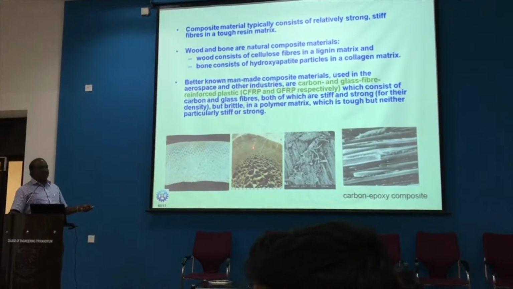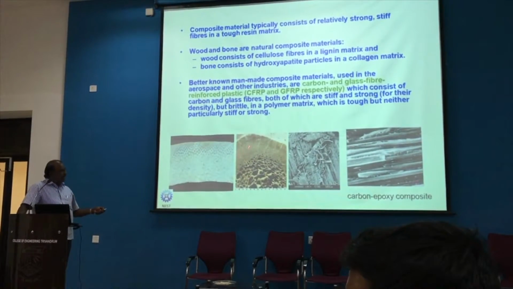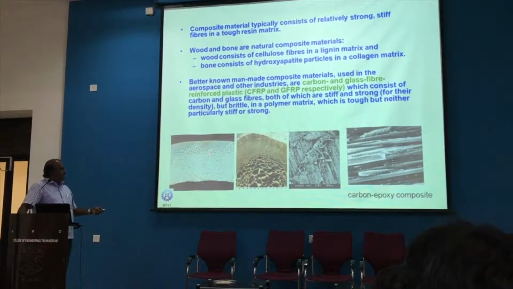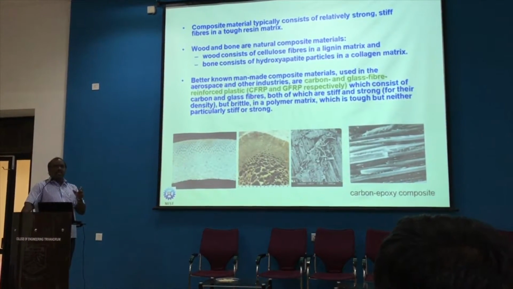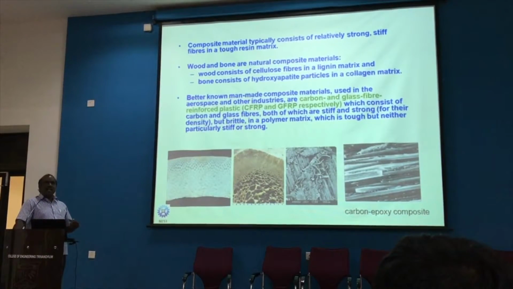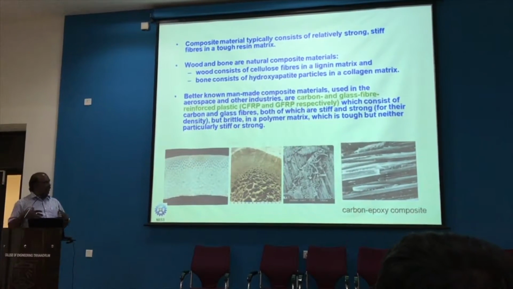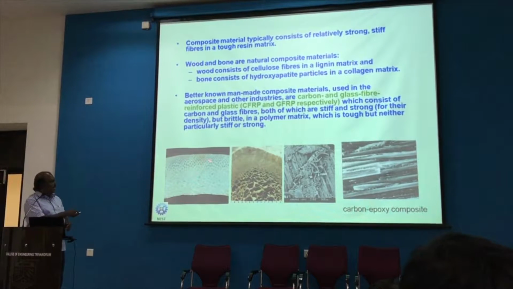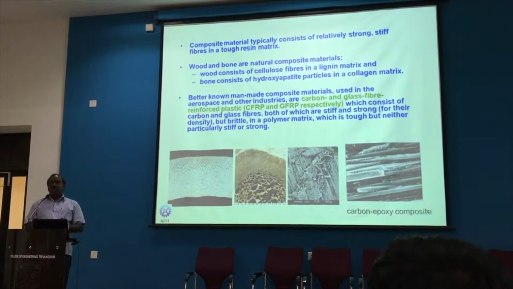Normally, if it is homogeneously distributed, then we can call it a homogeneous composite. And if it is graded, this type of material is called a functionally graded material. And similarly, you take this cut cross section of a bamboo tree. You know that a bamboo tree is hollow inside, and the outside shell has very hard fibers. And these hard fibers take the total load of the tree. Any tree you take has that outer shell, and some trees have the inner core also, depending on the type of tree. In the case of bamboo, it has a very hard shell, and this takes the total load if a wind flow is there or anything.